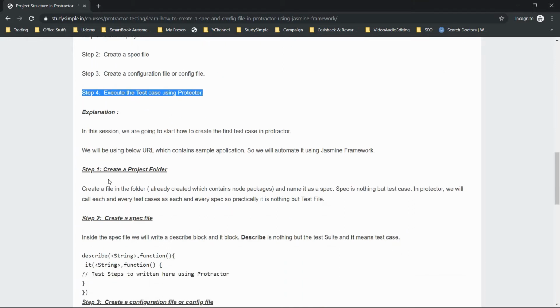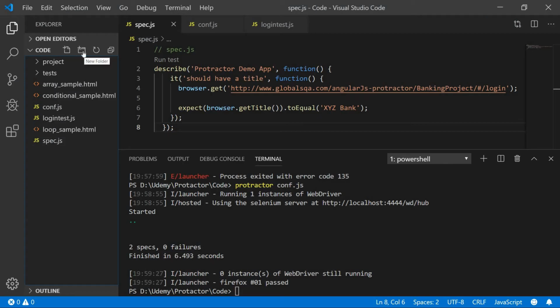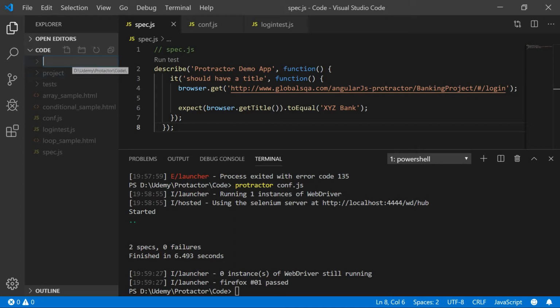The first thing is creating a project folder. Creating a project folder is very easy. I will directly go to this new folder icon, and once you go to this icon, you will have this option to create a folder.